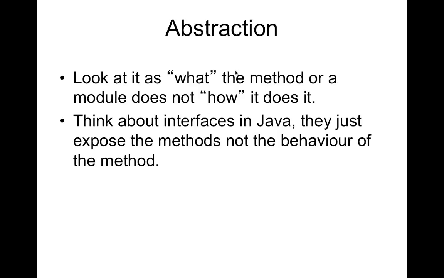So why interfaces? Because Java does not support multiple inheritance. One class can extend only one other class as a parent. If it has to get the behavior of multiple classes, that's not supported. Class A extends class B and extends C, you cannot do that in Java. So how Java supports multiple inheritance is through interfaces. I think we talked about it in previous sessions as well.